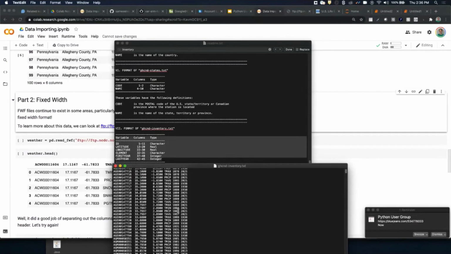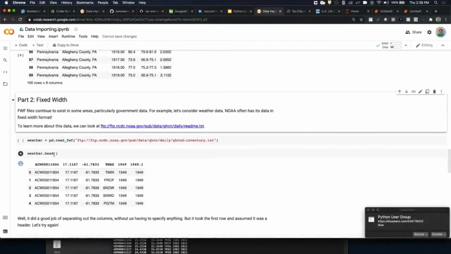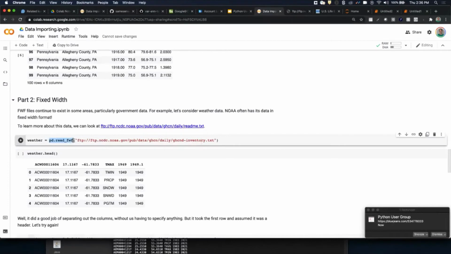All right, so the nice thing is I don't see anything particularly odd about this data set. It looks pretty good. There's nothing that looks like it's broken. There's nothing to skip. So what I'm going to do, and this is what I often do, is just try bringing it in with no other parameters. Let me just try read fixed with format on this without adding any other parameters and see what happens. So I'm going to pull it in